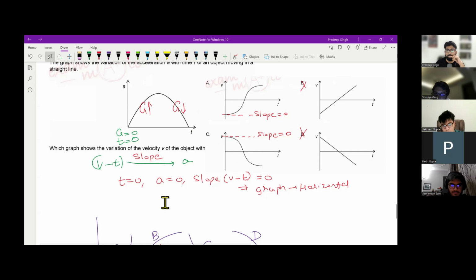Here it's going negative now, the gradient. So here it will be the opposite, because our gradient is negative, right? Okay, hang on, Parth. According to this, acceleration is increasing